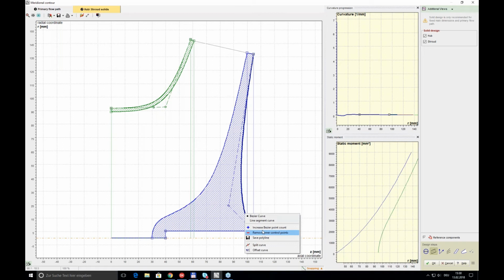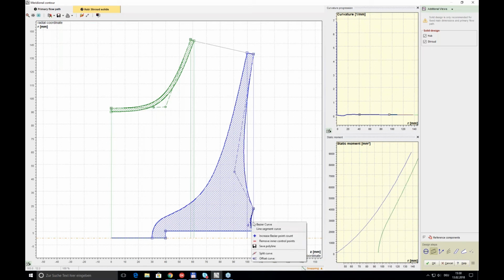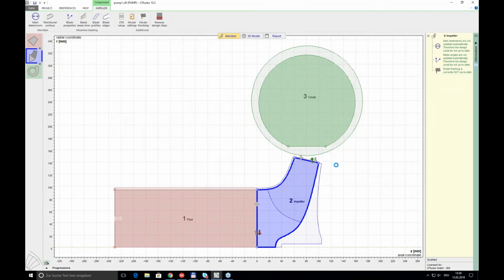I can split these lines, and can move that split point, can switch back to a line segment once I had a Bezier curve, and also I can remove that. Yeah, and if I finish that and make a model finishing again,